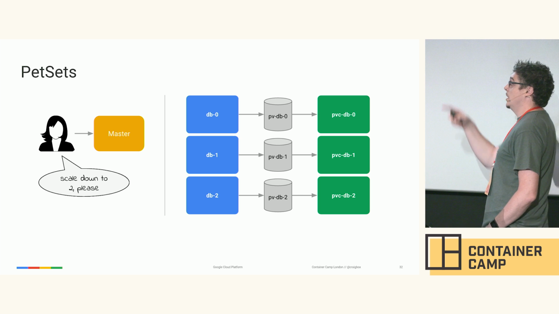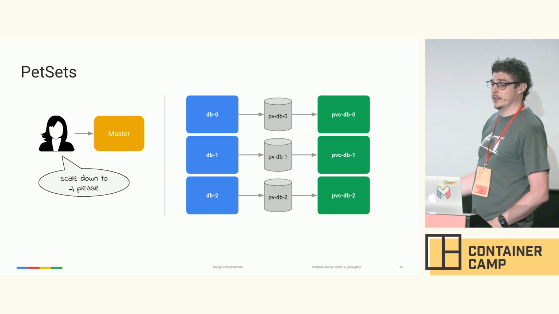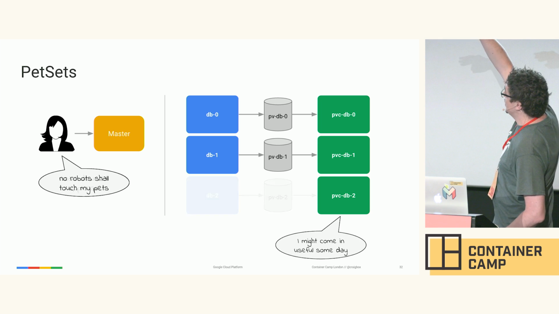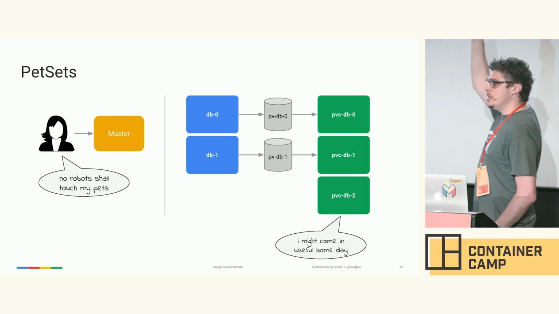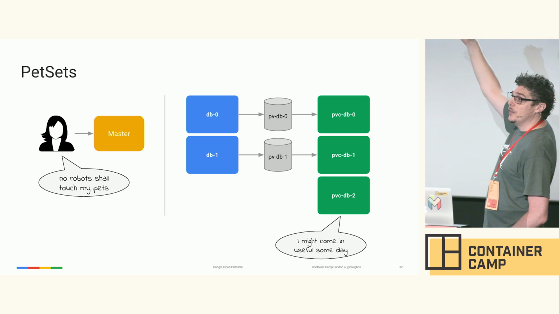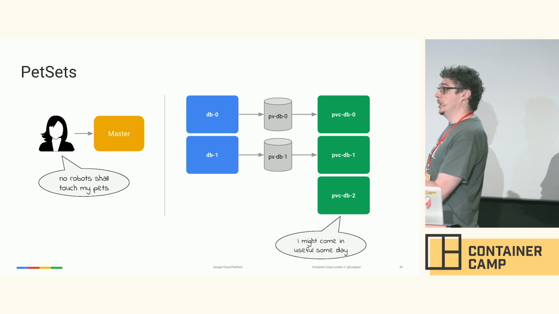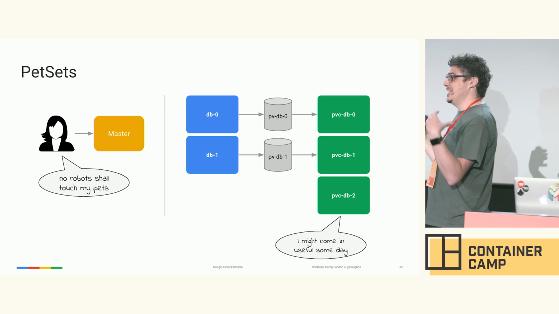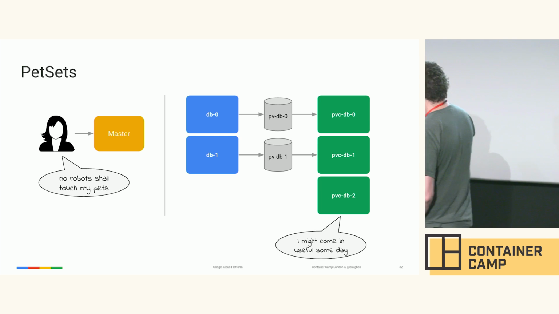Let's say now that the human decides, again, well, these are things I care about as pets, so I'm going to scale down to 2. So what we're going to do is cancel the highest numbered one, the lowest one on the slide. But because we assumed that there was some data in that, we might want that again. We might eventually want to scale back up and reattach that data. We might want to go through and look at it later. This is something we care about. It has important state, so we're going to keep that volume claim around.